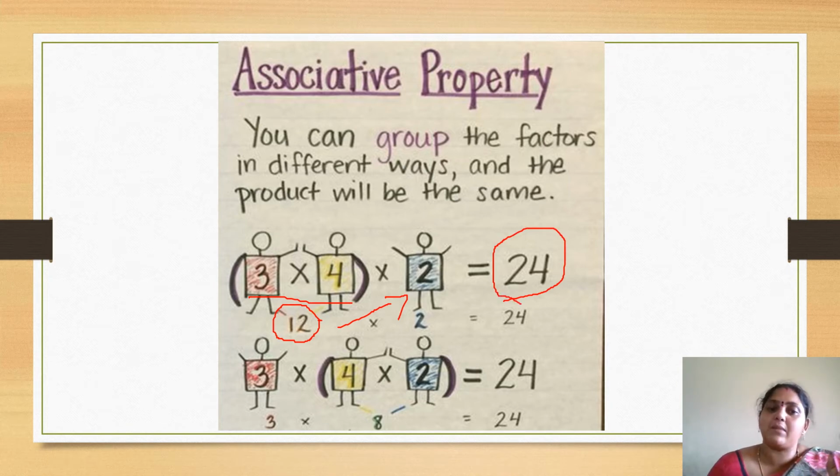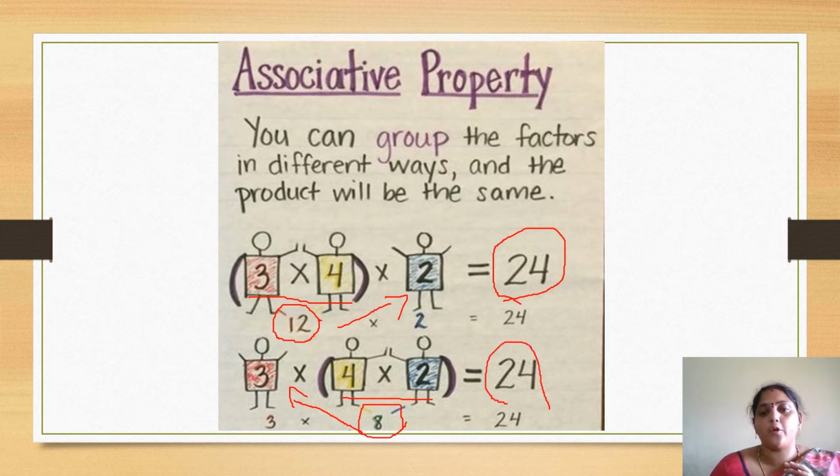Now I have taken my first digit out and grouped the next two digits, that is 4 into 2. When I grouped 4 into 2, what is my product here? It is 8. And this 8 should be multiplied by 3. When I am multiplying 8 with 3, my product will be 24 itself. Here, if you observe, you are changing the order of the brackets. You are not changing the digits. You are changing only the order of the brackets. Even though, when you are multiplying all the numbers, you are getting the same product. But first you have to multiply the factors which are in the brackets, and then you have to multiply with the next number.